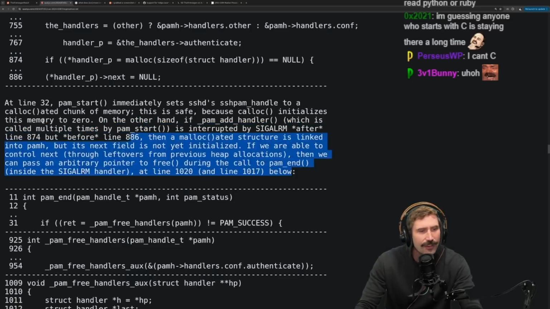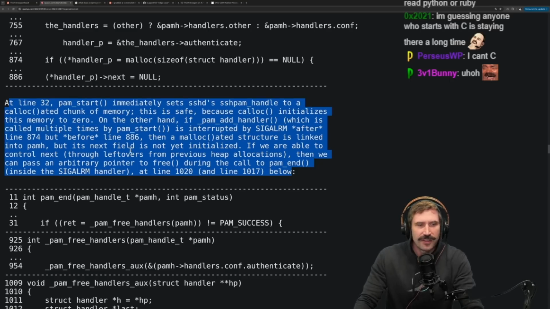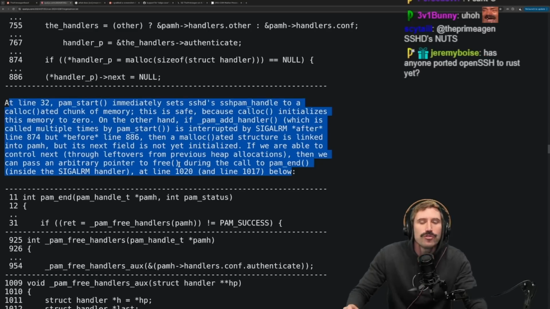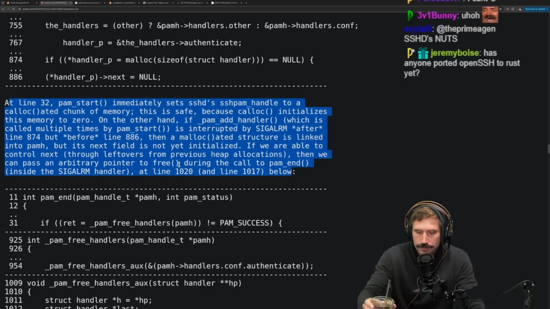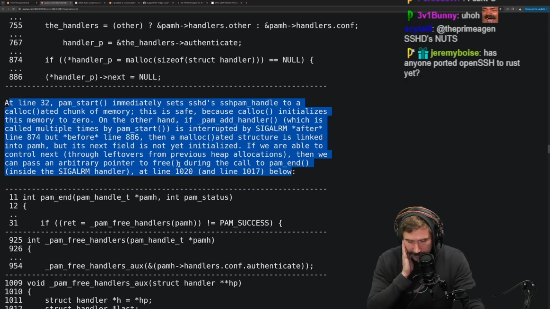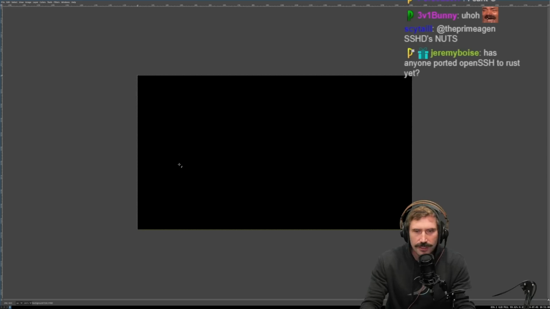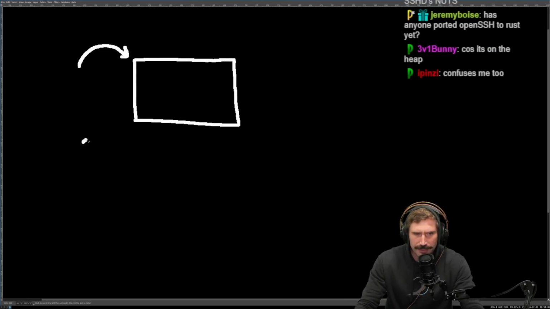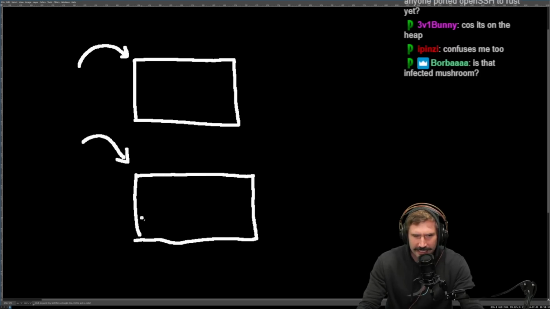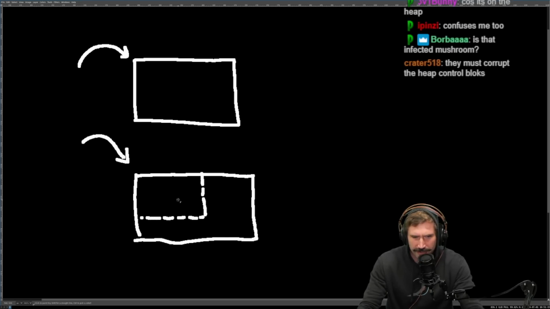I still don't understand how they pass this arbitrary pointer. That's what confuses me. How do they set it up in such a way that they can do this? Okay, so is it something where they are able to allocate memory from the heap, then they know that this memory is freed, and then they know that this memory is somehow reallocated with something that's smaller, and thus its offset is something they set earlier to point to a certain address?